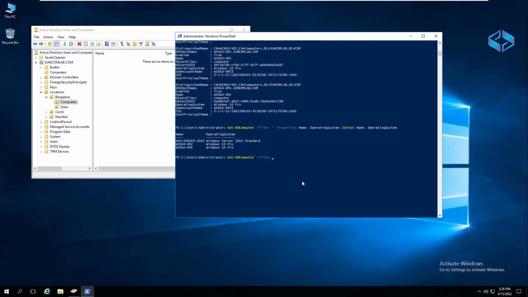So here, instead of star, what we are going to do is put a condition here. I just need only Windows Server 2016 Standard as an example. So how we will do this part is,